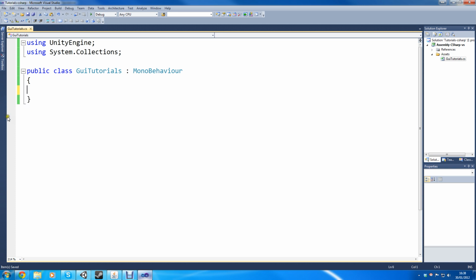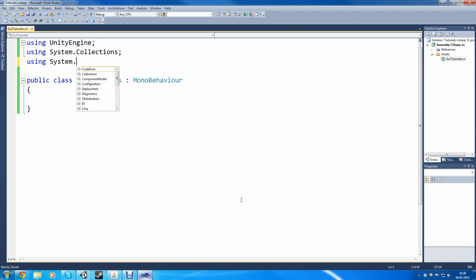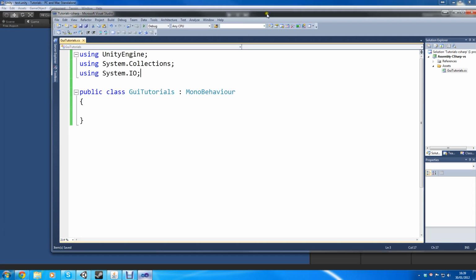Today is our first tutorial where we will use an additional header that's not there whenever you create a template for your script. So what header are we going to use? We're going to be using System.IO, which stands for input output. And why are we going to be using this? Because this is going to allow us to create and delete files and load data from files, because we're going to be